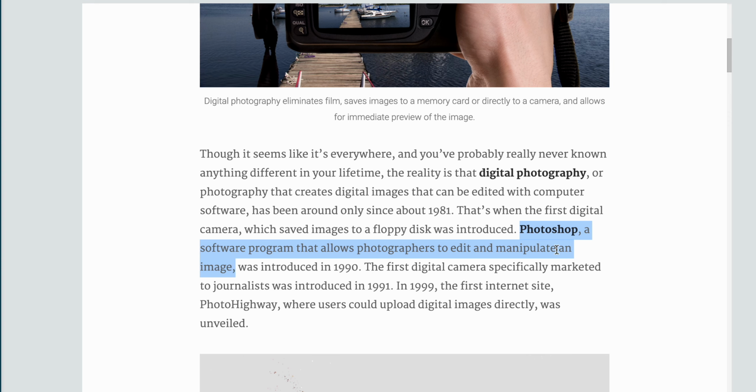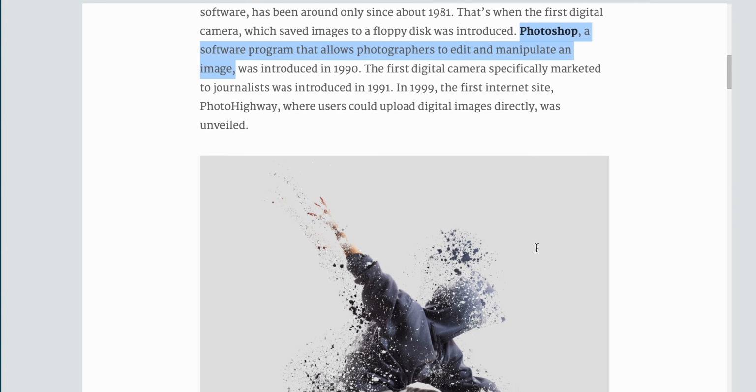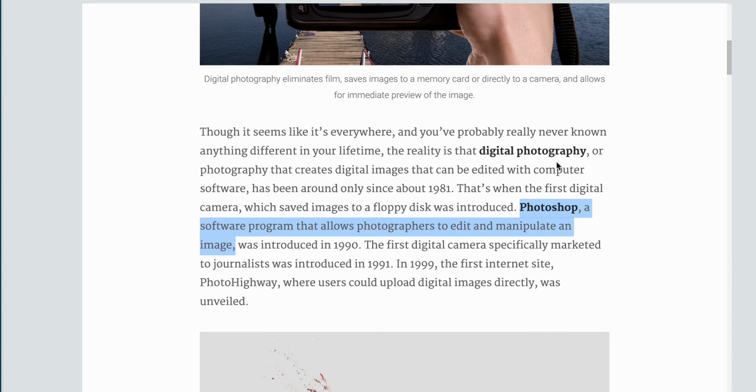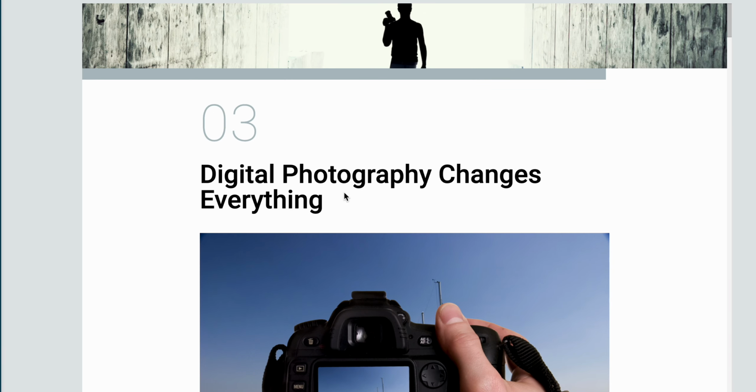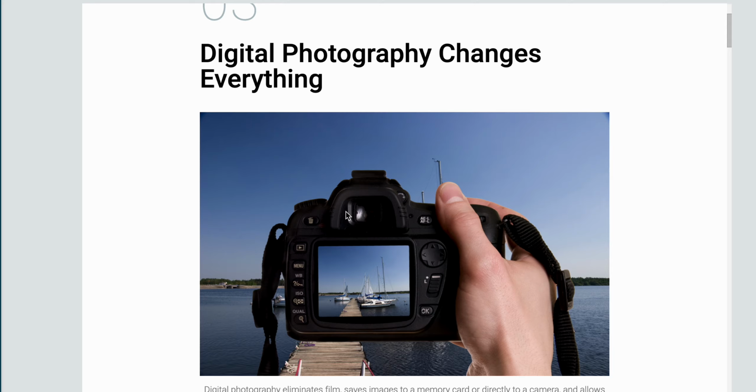So nobody is supposed to use Photoshop if they're going to publish a picture unless there is a need for this. Let's say one of the people who appear in the picture does not give his consent to do what? To appear. Photoshop is considered a technology that changed photojournalism.